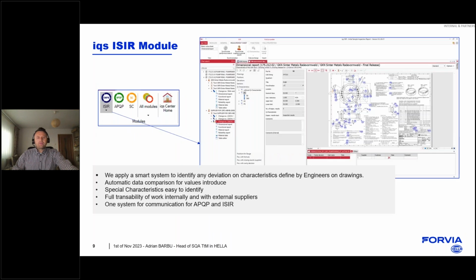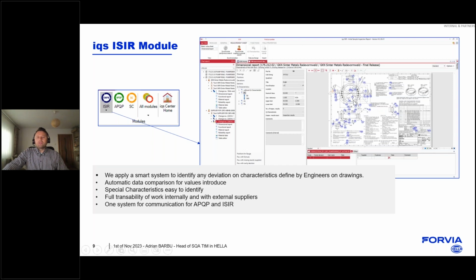So going forward, if I look at the ISIR module that IQS is providing, we really see a good approach in regards to how the dimensions and these characteristics are managed, because this is done all in an automatic way.